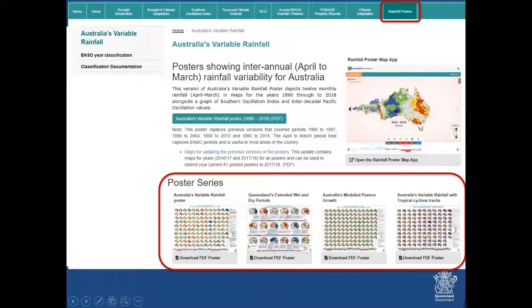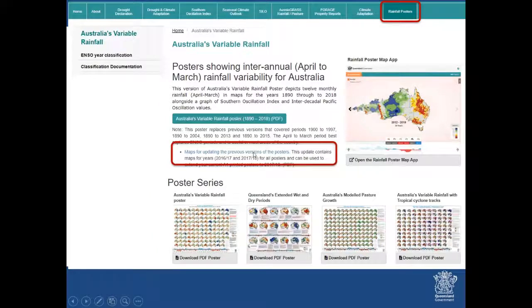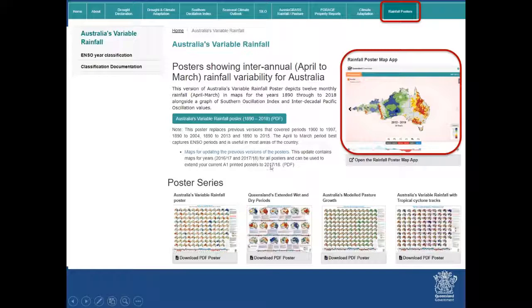Now, all those posters can be upgraded year after year by clicking onto this link here, and you can download this document, which will give you the patches to upgrade the poster. So you don't need new posters, you just need to update it from this link here that we'll add in after say May of every year, after the April to March year has finished and all the data has come in. Our latest addition to the site is the rainfall poster map app,